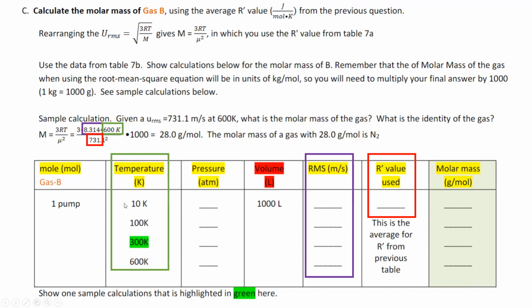So make sure that you're looking at table 7B and copying as much of that data into this table as you can. This was previously calculated in the last one, and now we're going to be calculating the molar mass of gas B. In order to do that, we are going to use this equation for calculating molar mass, which was rearranged to solve for M in our previous root mean squared equation. So again, it's 3 times R, the R value,